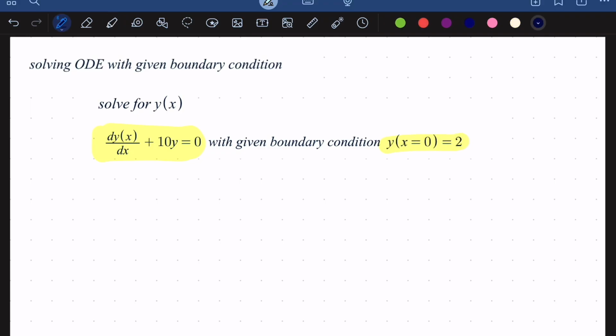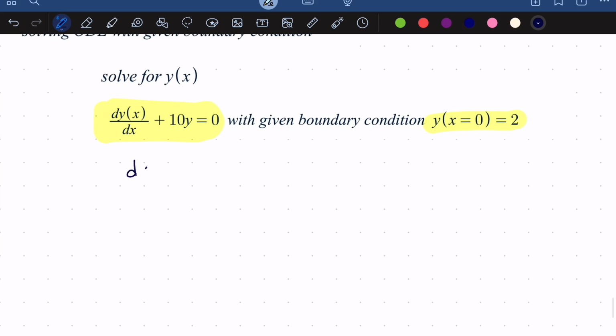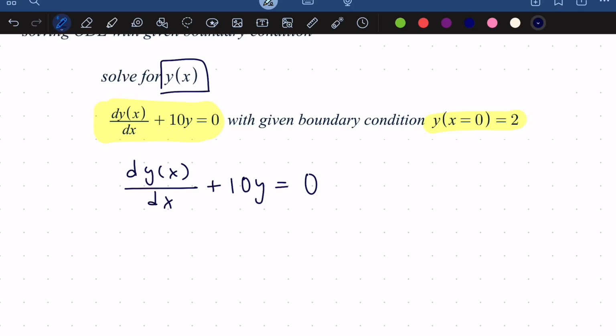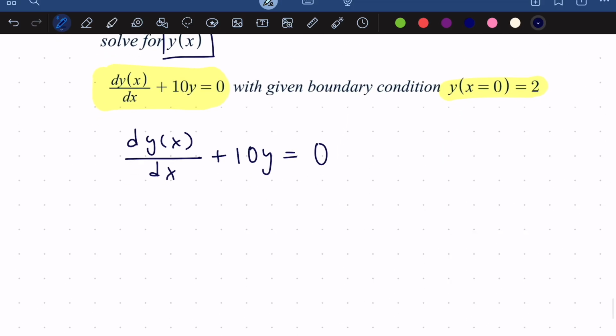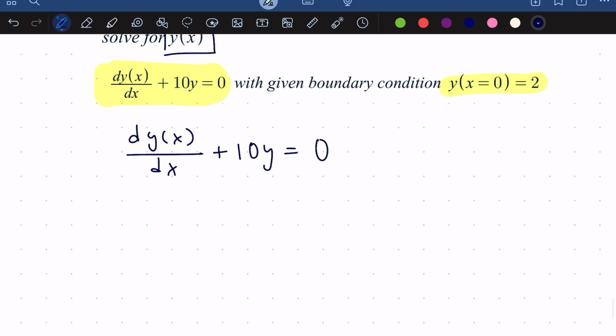So starting with the ODE, first I recommend rewriting it before you get started, just to really get acquainted with the question and really look at what it's asking for, which is to solve for y(x). So just off the bat, you want to start isolating that y(x). So our y(x) is right there and right there. So I'm going to